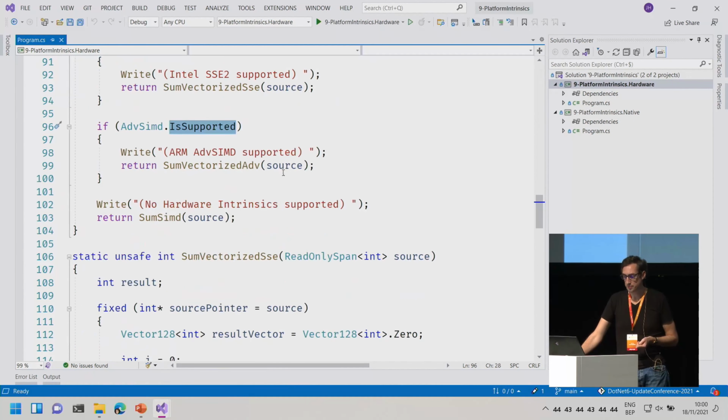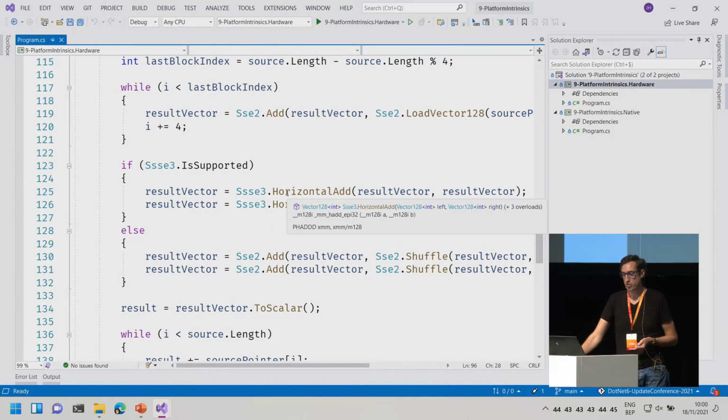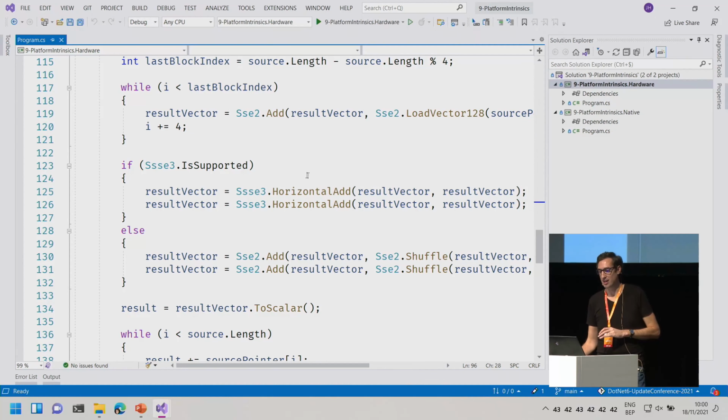If that is supported, then you need to do stuff like this. SSE3 horizontal add, and you can see in that pop-up that this is really the name of the function in your CPU, underscore mm128i underscore mm and so on. So a horizontal add, and that's really directly calling that function of your CPU. So it's very powerful, but of course you need to add some code to make that work.